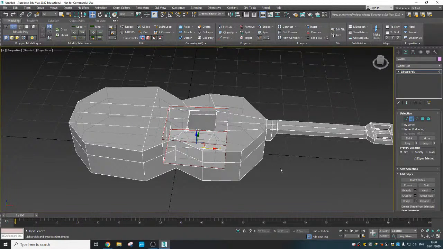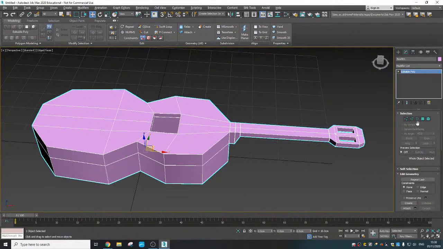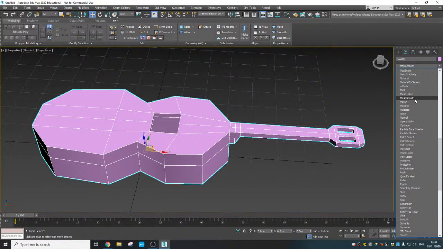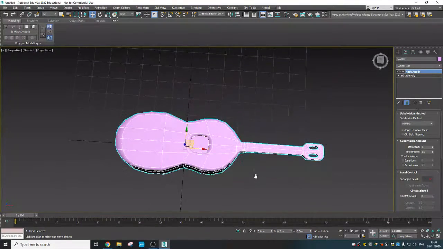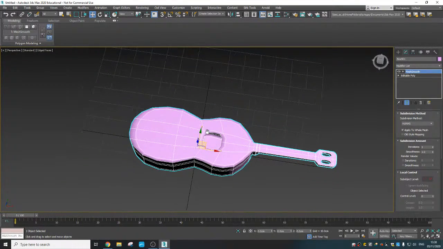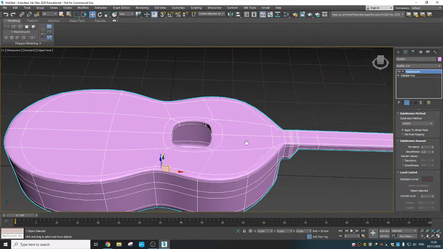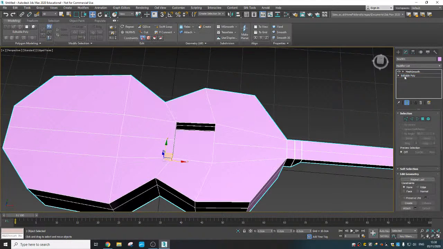Okay, that should be enough. So now if I make sure nothing is selected and I go back to my mesh smooth, drop a mesh smooth on, you can see it's held up, it has more integrity on the overall shape, and we can increase the iteration to apply smoothness to it. Okay, so my circle is not so circle anymore, so let's go back down a level,